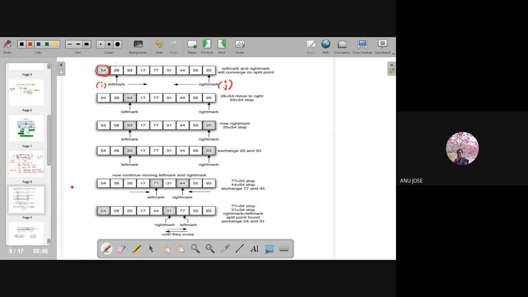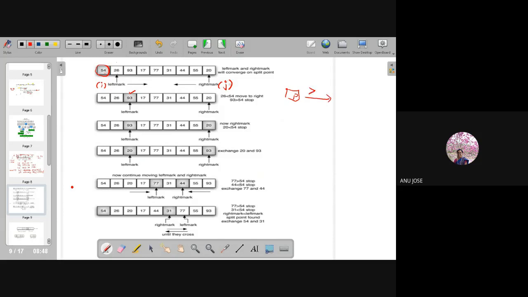The left mark starts from this location and the right mark starts from the other end. Once it checks that 26 is a smaller value than 54, it moves to the next value, 93, and finds a larger value here. Similarly, the right mark finds a smaller value, that is 20, because after the splitting, if you are keeping the pivot element, the right-hand side should have greater values.